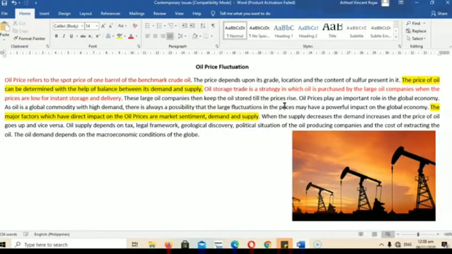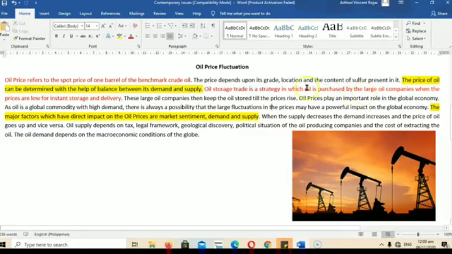When we say oil, these are not vegetable oil, these are not palm oil. These oils are the non-renewable resources of our nature, which means when we utilize this type of natural resources, it doesn't reproduce in 2 weeks or in a year. It doesn't go like that, because when nature produces this oil, it takes millions of years to produce these fossil fuels.